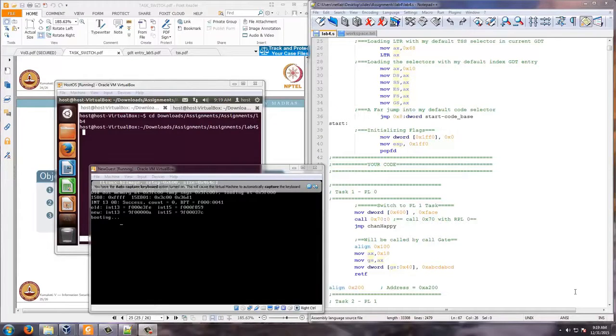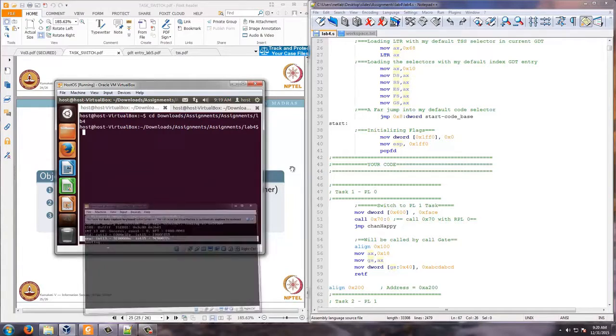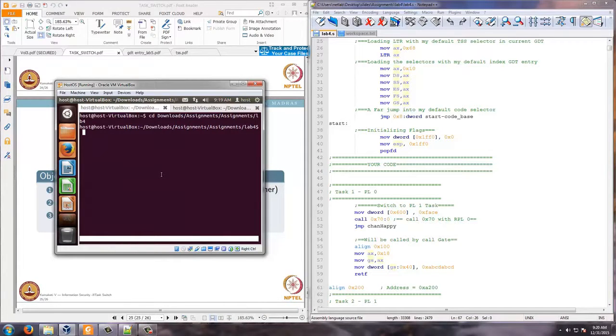So welcome to assignment number 4 or lab 4. Please ensure that your guest machine is running and also your host machine, you have logged into the host machine. Go to lab 4 and there you will find lab4.s, compile it,